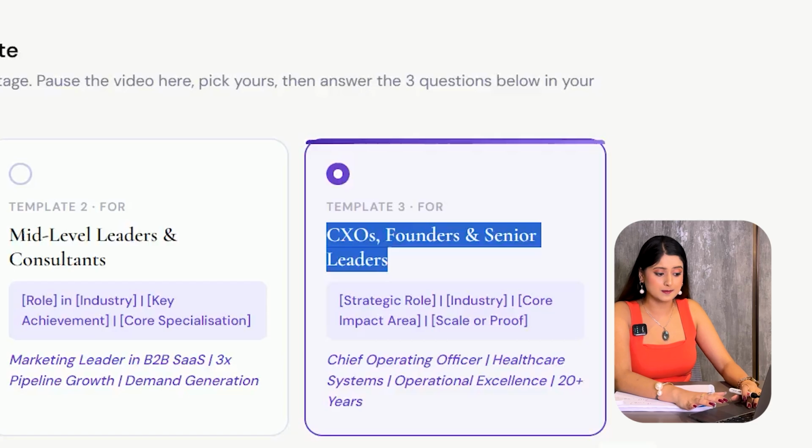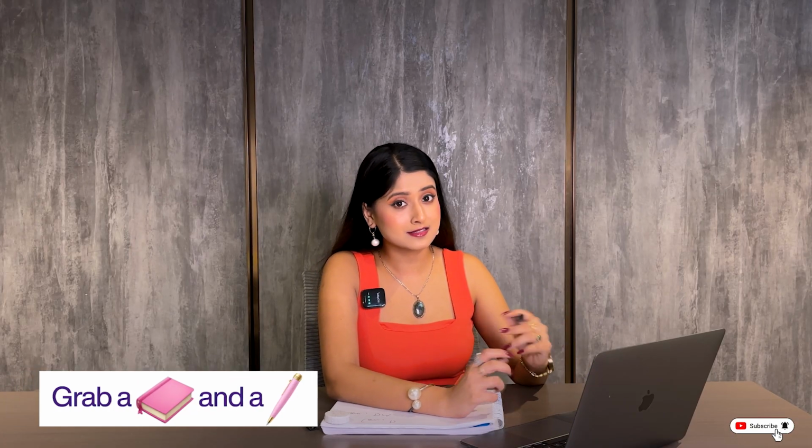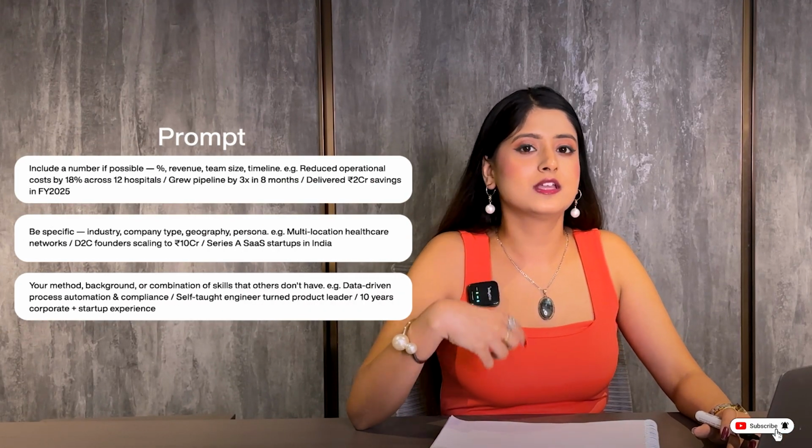Now, once you select these templates, there are certain questions on the screen, which is your step 3. You can pause the video, go grab a diary and a pen, write down these answers and then fill them in, or directly fill them in here. If you see with each of these questions, there are small prompts written so that you can answer the questions